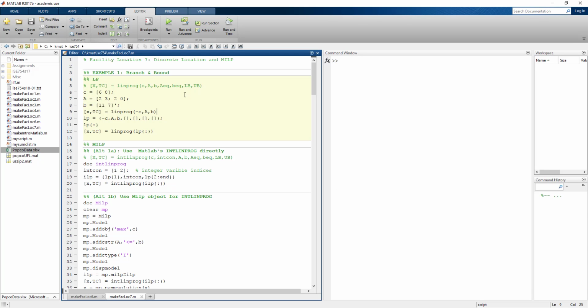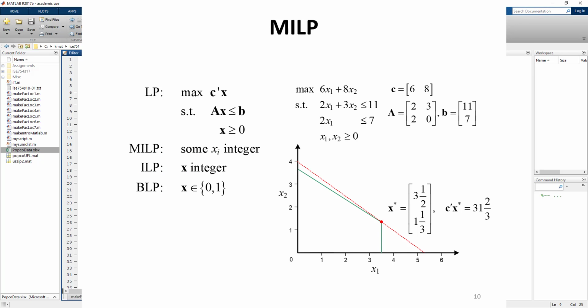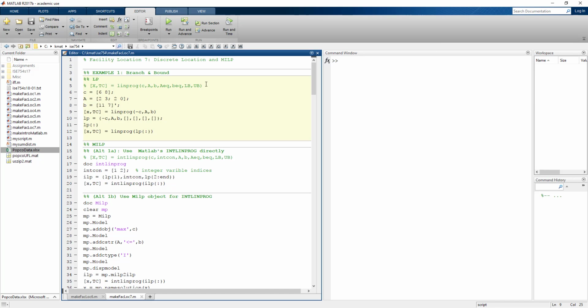We'll be solving discrete location problems. As part of that procedure, branch and bound, the first step is to solve a linear programming relaxation of the problem. If you wanted to solve just a linear program, you can use Matlab's linprog program. They do have an integer linear programming function that we'll be using to solve the discrete problem, and the